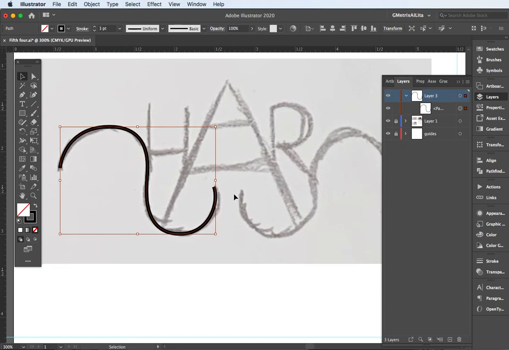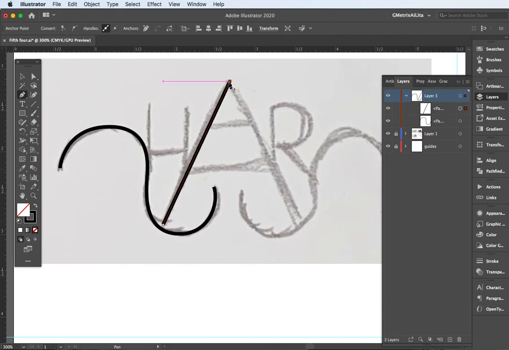Now since it's just a segmented drawing, I'm going to click on the pen tool, and again I'm just going to click down below here and up at the top. Now I could just go ahead and finish it off, but I want to try to make it symmetrical as this is, so I'm going to select these two items,